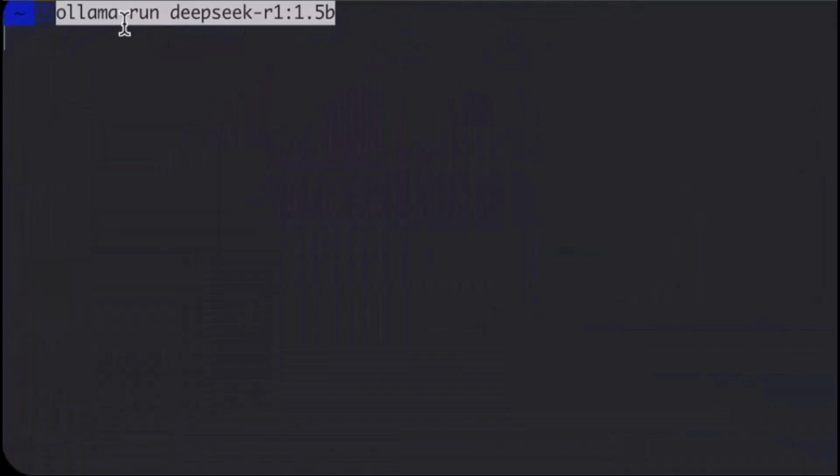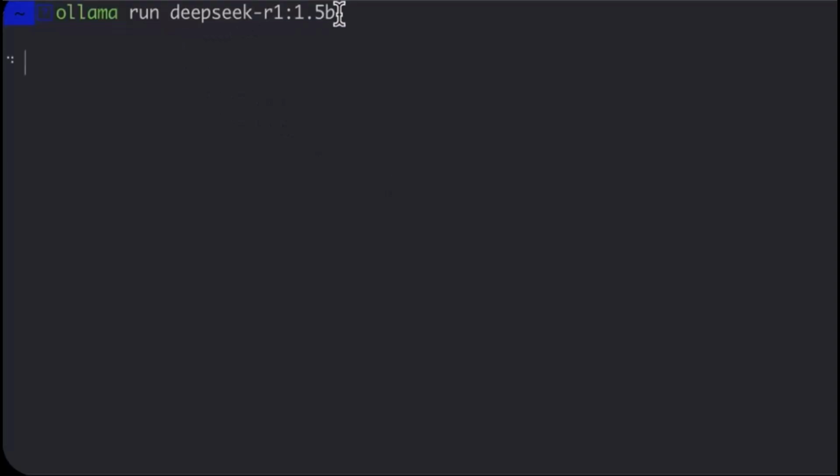So come back here, and in case you say ollama run deepseek-r1 and then you click enter, for me it's going to go straight and run it because I already have it. In your case, because at this point you shouldn't have it, it's going to go through the process and get you set up and have your R1 1.5B. So now I can say, tell me how to set up a good joke, and just like that,